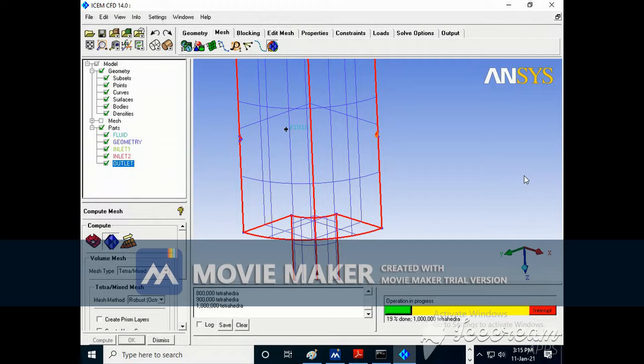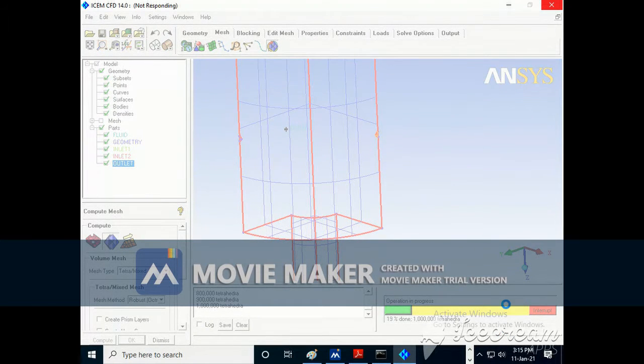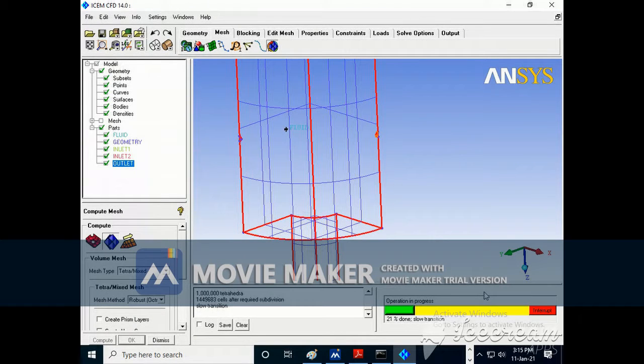It means I just check whether I am getting that mesh or not. It will take some time.